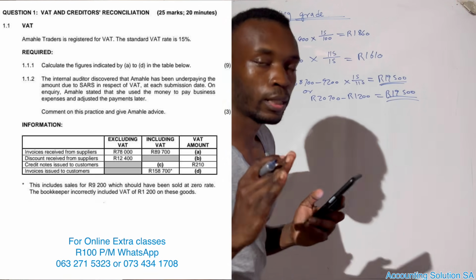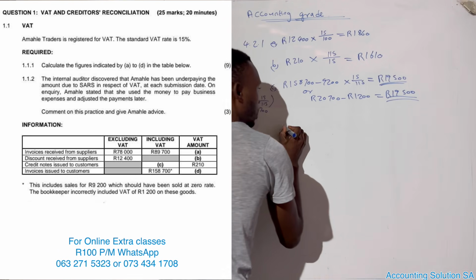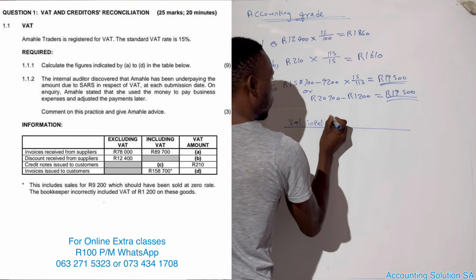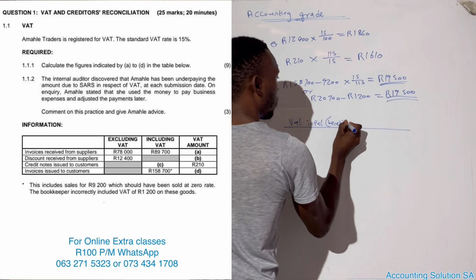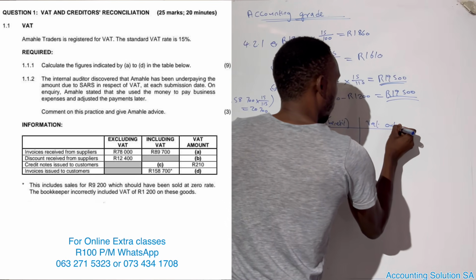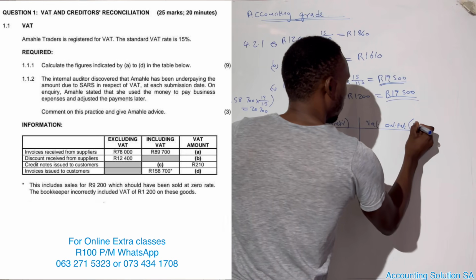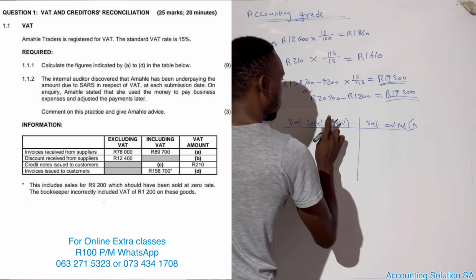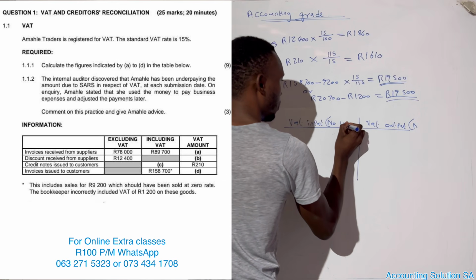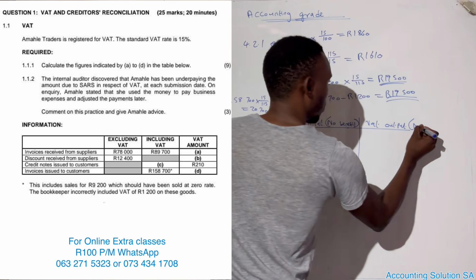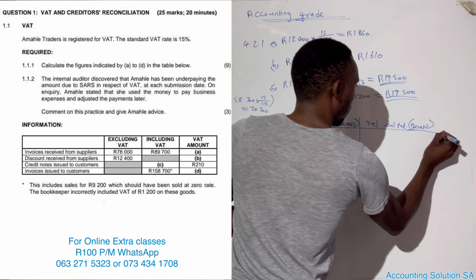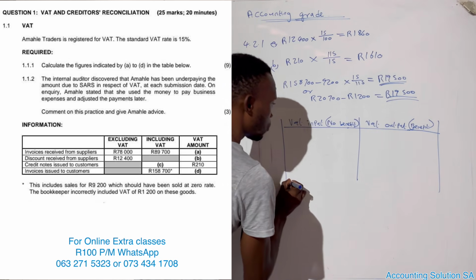Now, before we go to the next one, the next part I want us to do is this, guys. VAT input, which is benefit, and VAT output, which is... I did it vice versa here. Here is no benefit. Here is benefit. Okay, so I want us to do this question